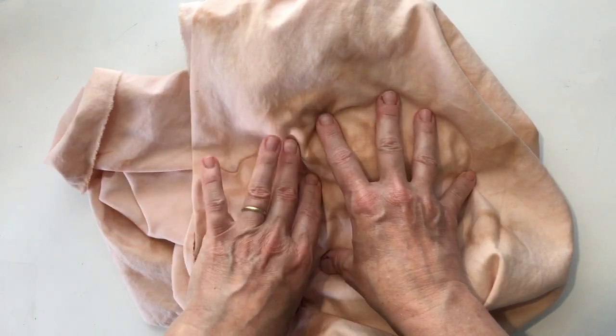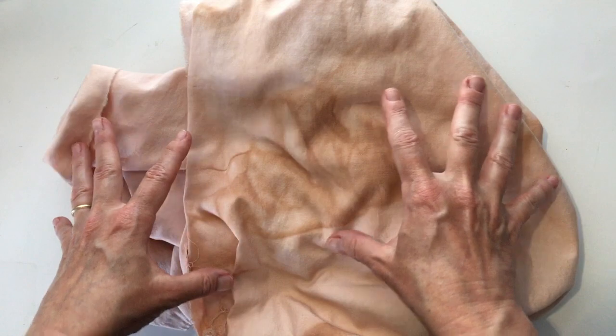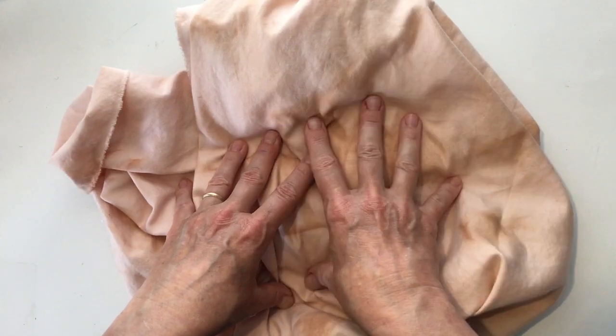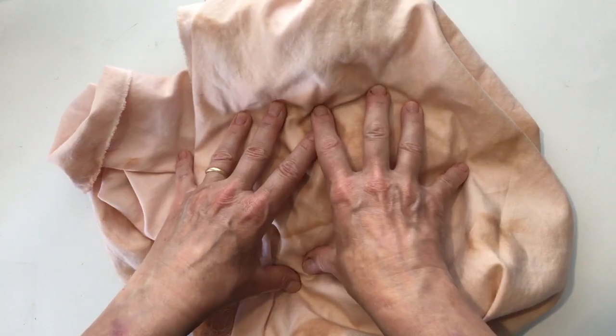And I have little notes over here. That's why I keep saying if your fabric gets too dark for any of these, remember you can wash it. It will probably lighten it as long as you wash it before it's completely dry. In both cases, I washed them before they got dry. And then with avocado storage,